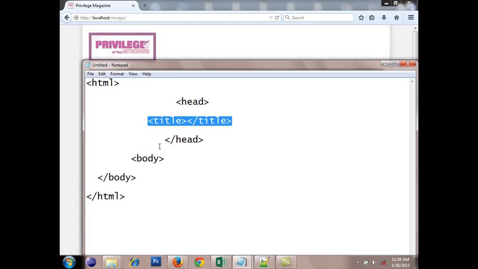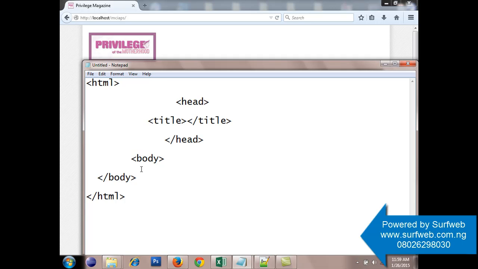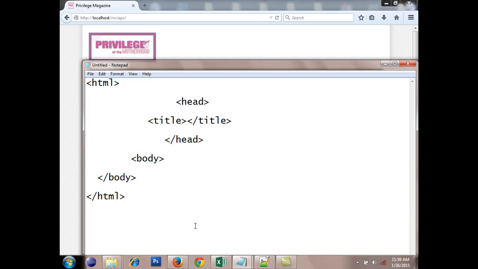Then all those other things that I mentioned before, content, sidebar, they all go inside this body. The content, the sidebar, the footer, everything inside the body. That's all this. So what we need to do right away,